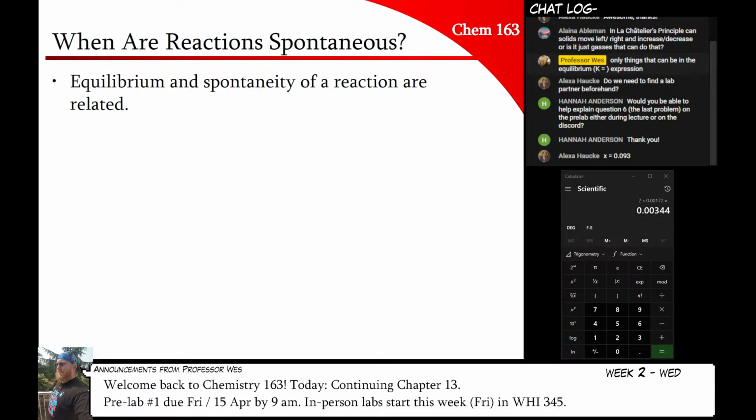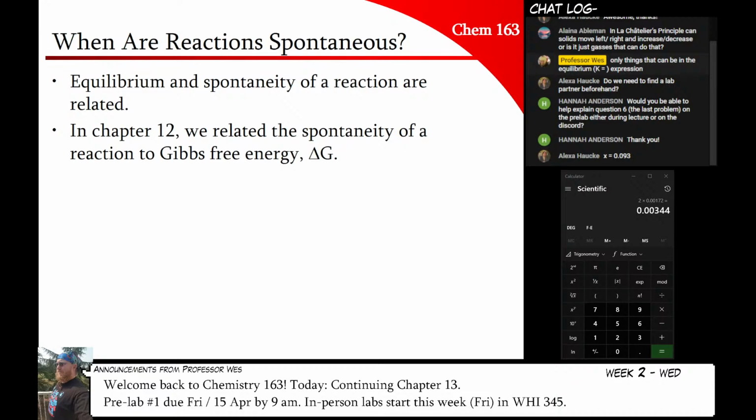thermodynamics. Hey, remember this thing from 162? Remember delta G and delta H and delta S? Remember this expression? Oh no! What is this doing in Chem 163? So, what we're going to talk about in this section here is the conditions under which a reaction will proceed forward on its own.